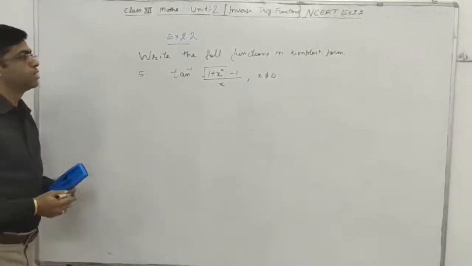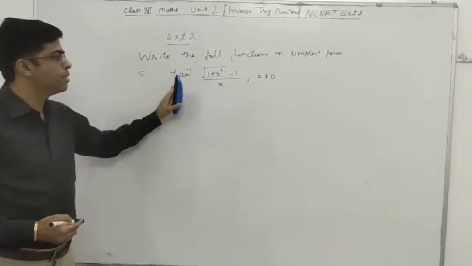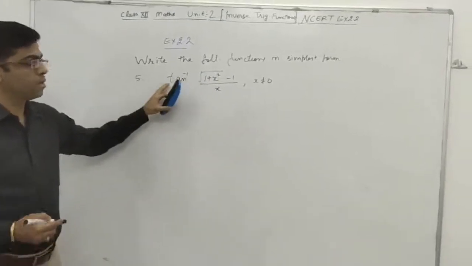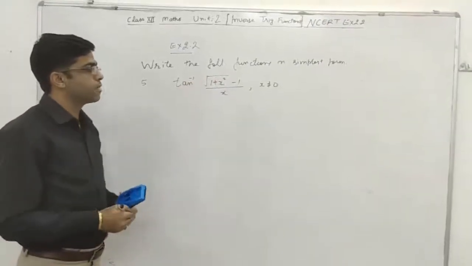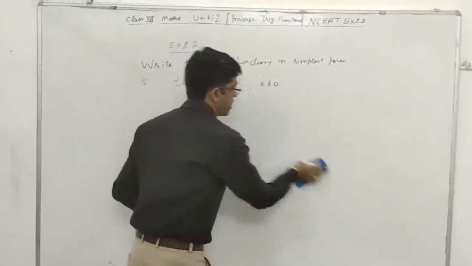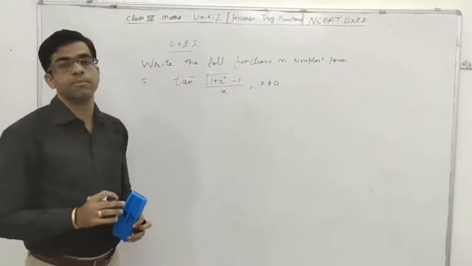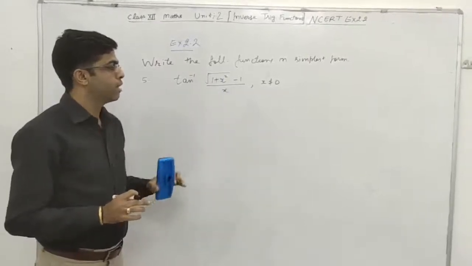Fifth question is: write the following function in the simplest form. You have to convert this into the simplest form, tan inverse of (1 plus x square minus 1) upon x. So in these types of questions we have to substitute something in this so as to make the function in